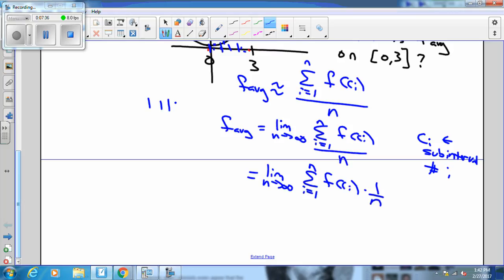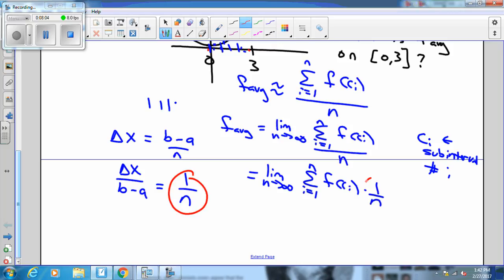Well, when I did the equal space partition, I used a delta x that was equal to b minus a over n, right? And if I divide both sides by b minus a, then I find out that 1 over n is the same as delta x over b minus a. So I can replace the 1 over n here with the 1 over n right there,